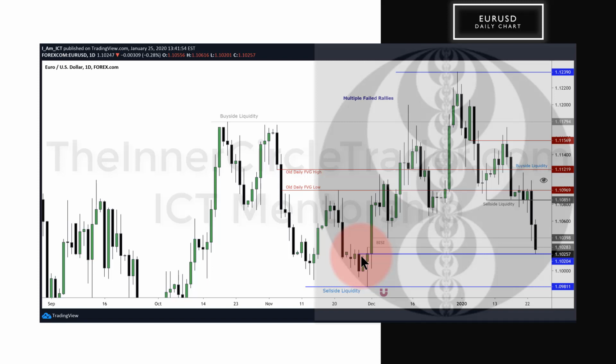Like all of a sudden, people are now talking about fair value gaps. They're teaching breakers and they don't even have the breaker in the right spot. They're talking about a specific candle being an order block, and it's not an order block. Okay, the level of irresponsibility has gone through the roof.